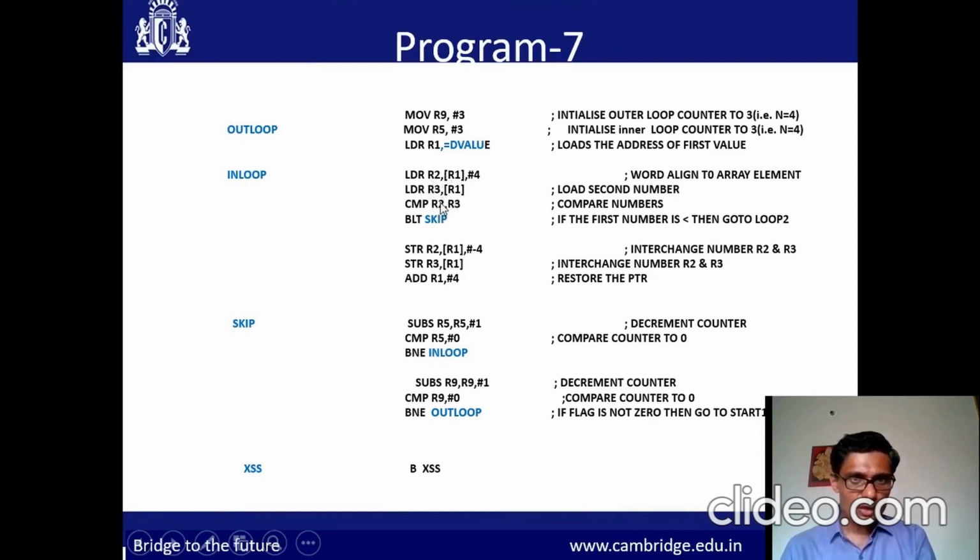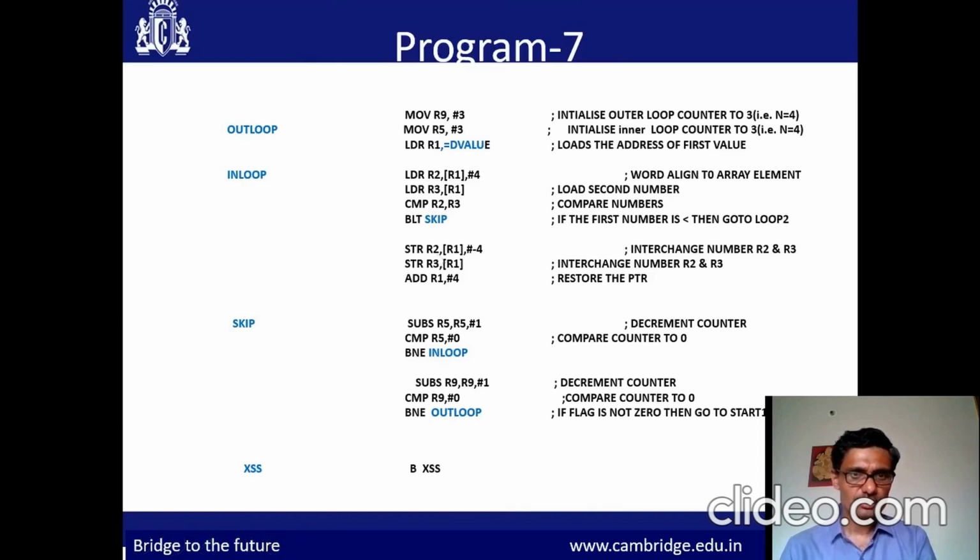Suppose R2 is smaller than R3, see BLT here. BLT means branch if lower than. Which is lower than? R2 is lower than R3. Then it will jump to the label skip. Skip is here. Otherwise, if R2 is larger than R3, then we have to interchange the numbers in R2 and R3.